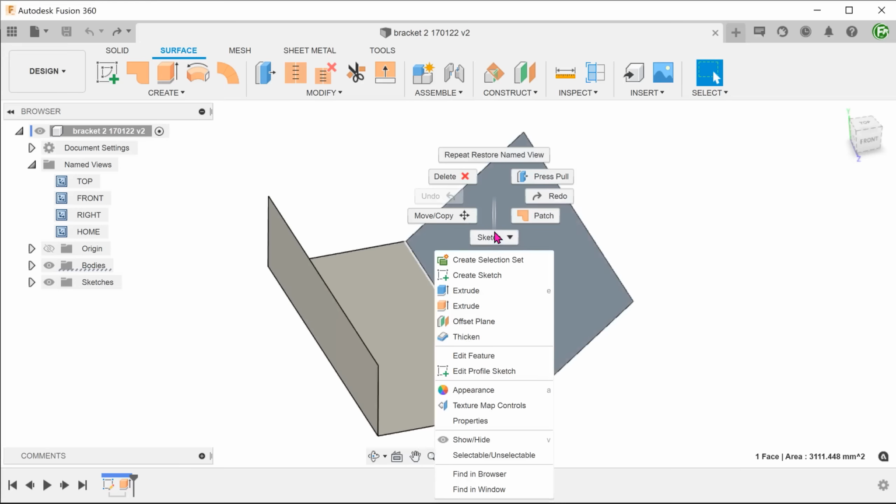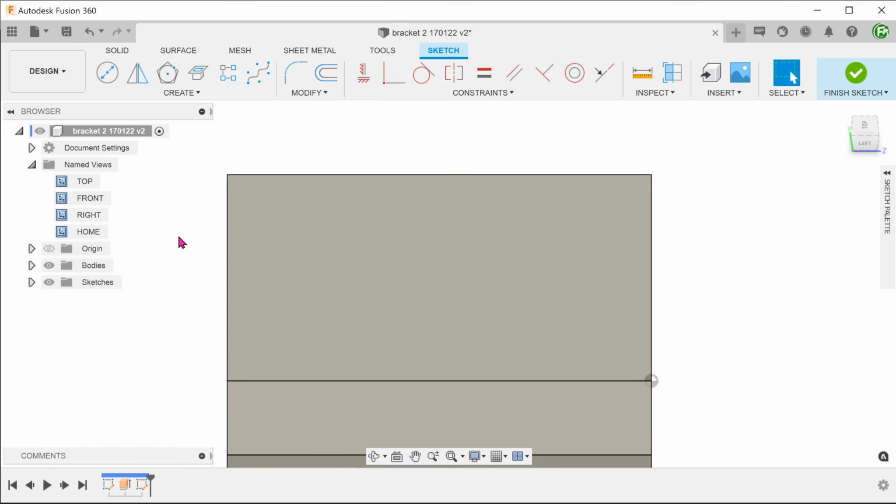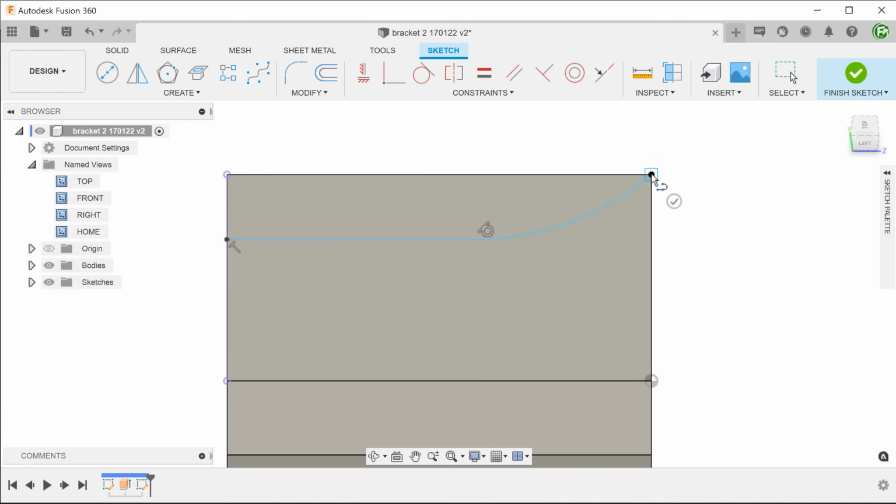Create a sketch on the slope section. This will consist of a straight line and an arc. Once you end the straight line, keep the cursor at that point and simply hold the left mouse button to drag out a tangent arc.